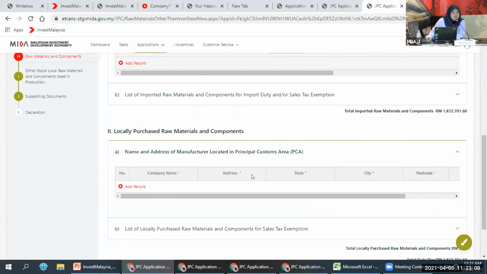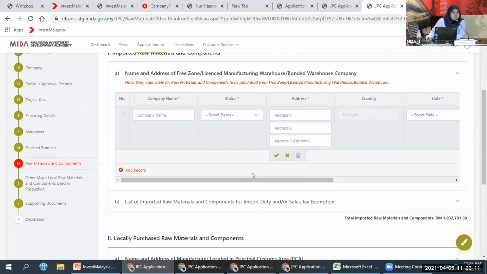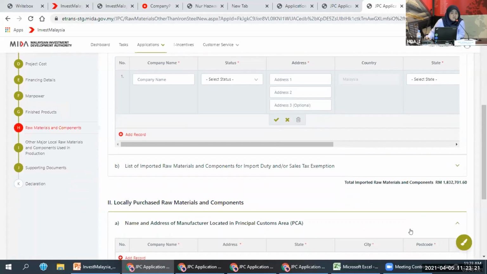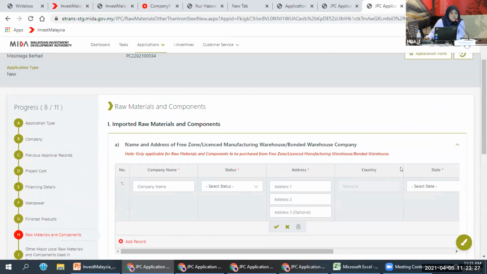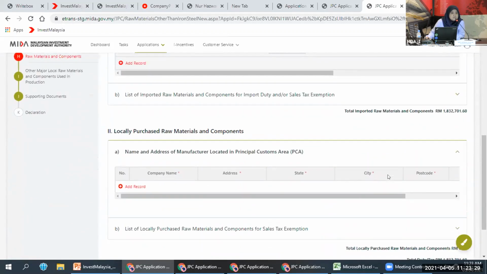The total input raw material and component exemption will be auto calculated by the system based on the HS tariff code and the import duty value.